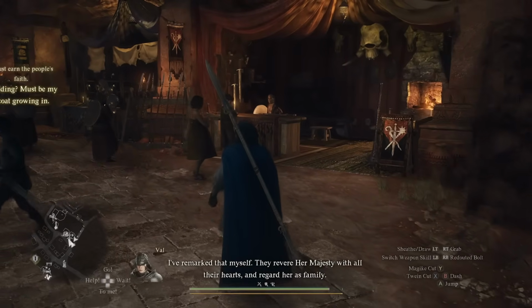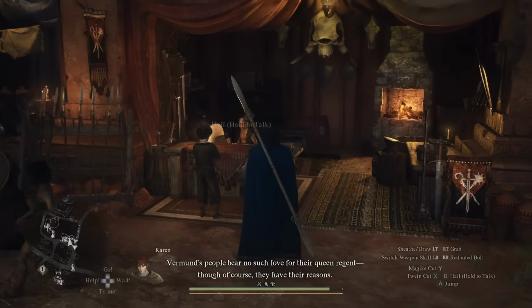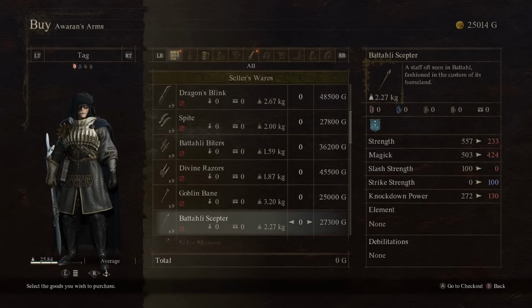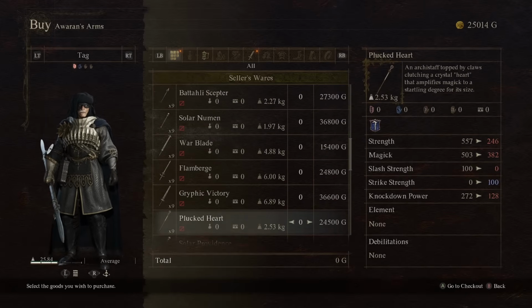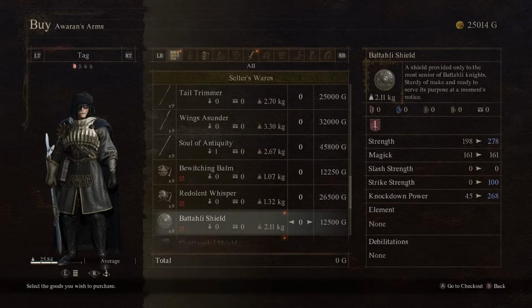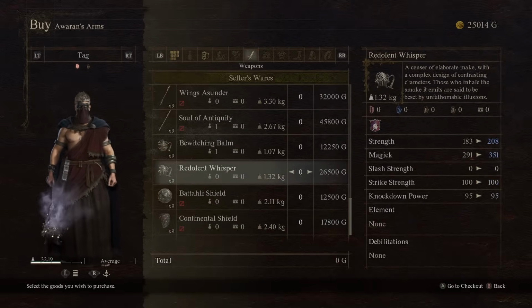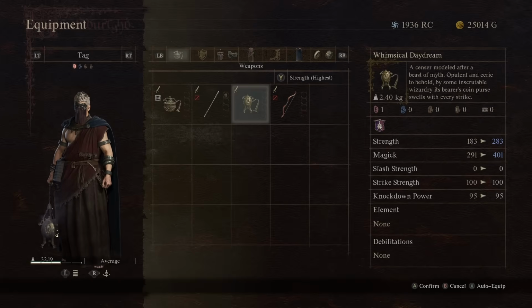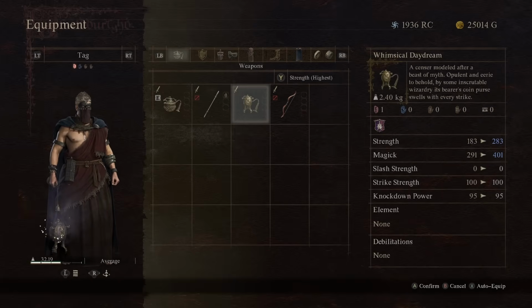Bahkbatthal will have a weapon and armor smith where you can buy upgrades for your Trickster if you so desire. This is a later area of the game, so the weapons and armor here are going to be pretty expensive, but if you can afford one or two things, it might definitely be worth your while. The only real weapon upgrade here is the Redolent Whisper, which is 26,500 gold, but there is a significantly better weapon that you can unlock for free,